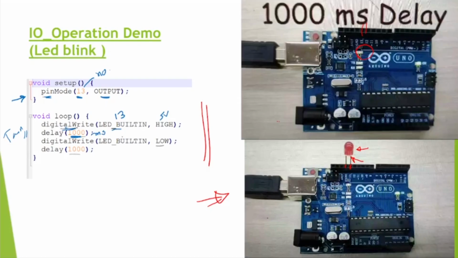Then digital write LED pin 13, it makes it low, means makes it 0 volt. So basically what it is doing, it is making it high, low, high, low. It gives delay again, and then this goes into an infinite loop. So there is an infinite loop there. I hope you understand what this program is, and this is exactly what I showed here.